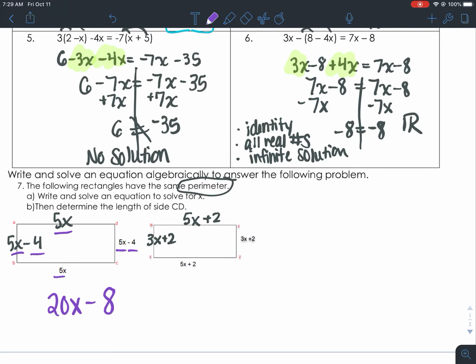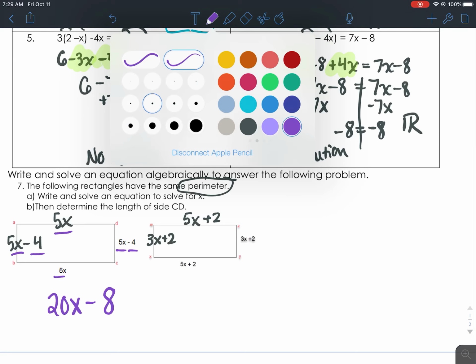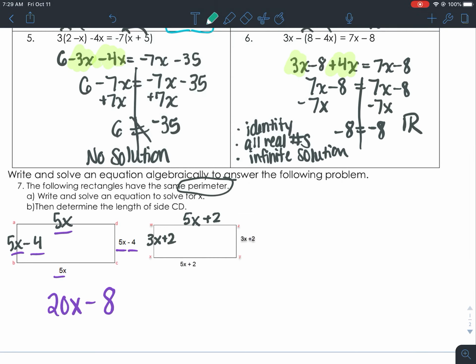The perimeter for the second rectangle is, we're going to add up all of these. So 5x plus 5x plus 3x plus 3x. So that's going to be 16x. And then if I add all the 2's, 2, 4, 6, 8 plus 8. So that's the perimeter for